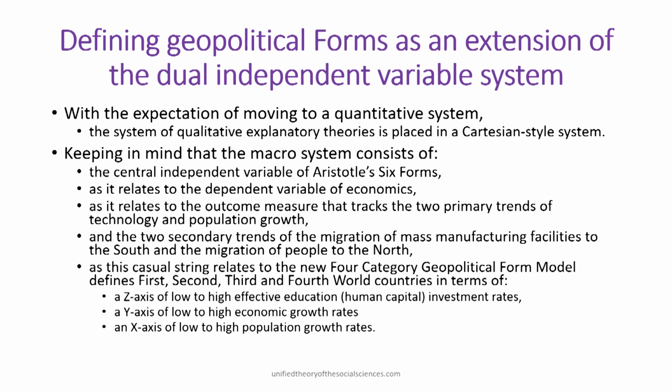With the expectation of moving to a quantitative system, the system of quantitative explanatory theories is placed in a Cartesian-style system. Keeping in mind that the macro system consists of the central independent variable of Aristotle's 6 forms as it relates to the dependent variable of economics, as it relates to the outcome measure system that tracks the 2 primary trends of technology and population growth and the 2 secondary trends of the migration of mass manufacturing facilities to the south and migration of people to the north, as this causal string relates to the 4-category geopolitical form model